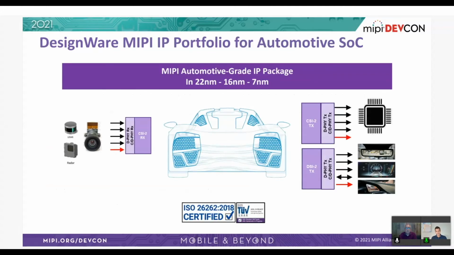Another note that I have here, just a final slide, is an overview of the Synopsys portfolio for automotive. So Valens did use the CSI RX and the CD-PHY, and also the CSI TX with the same CD-PHY for the transmitter. Those are the two components that we have in the portfolio. We also have another solution for display, the DSI transmitter, that also couples with D-PHY or a CD-PHY combo to drive different displays in the vehicle, as I mentioned throughout the presentation. So that's the summary of the portfolio available in 22, 16, and 7 nanometer.